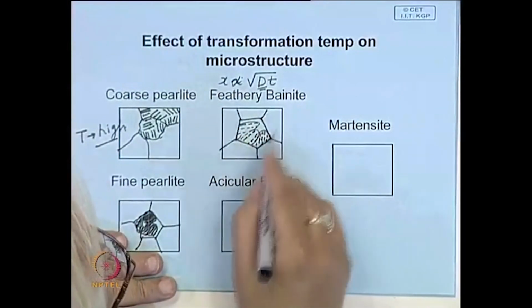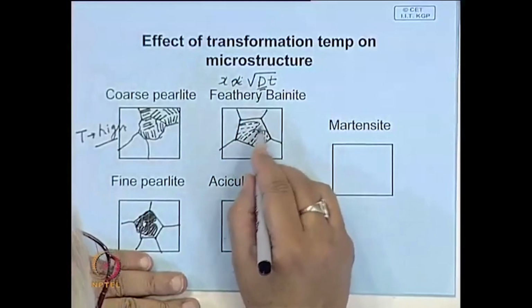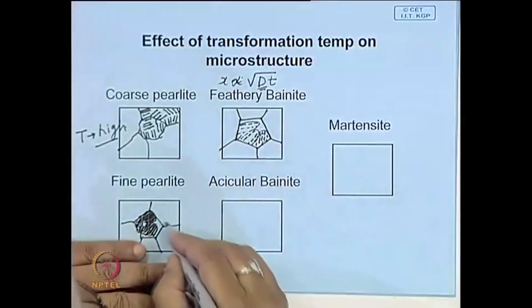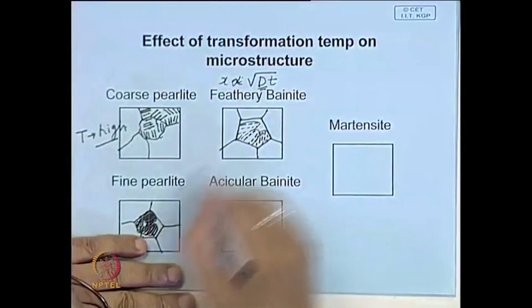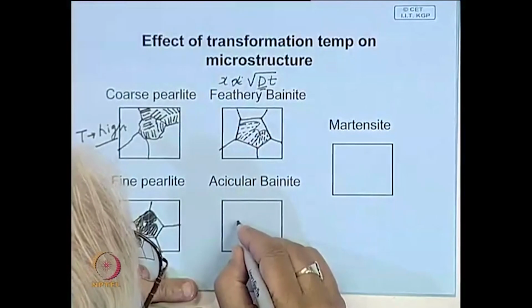What I am drawing here is a very enlarged view. In an optical microscope, it may look very much similar to this. It will be extremely difficult to distinguish between fine pearlite and feathery bainite, whereas in acicular bainite